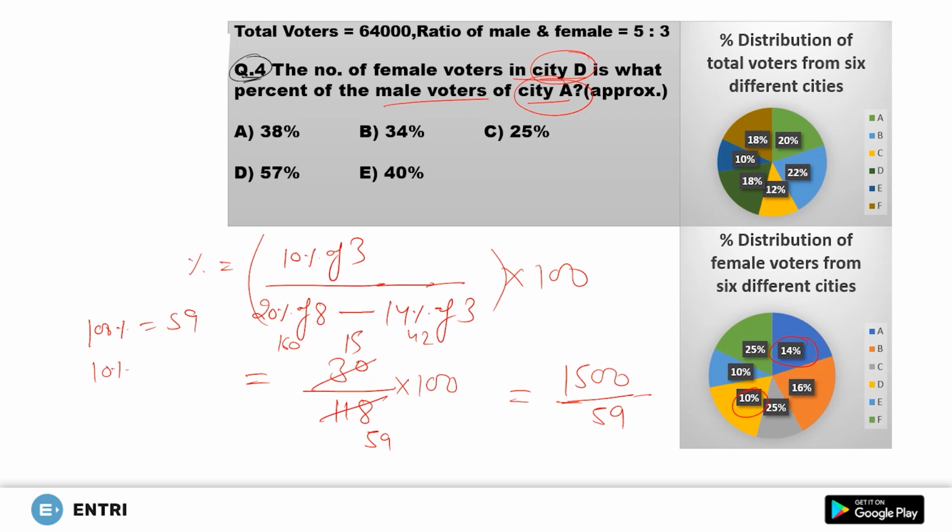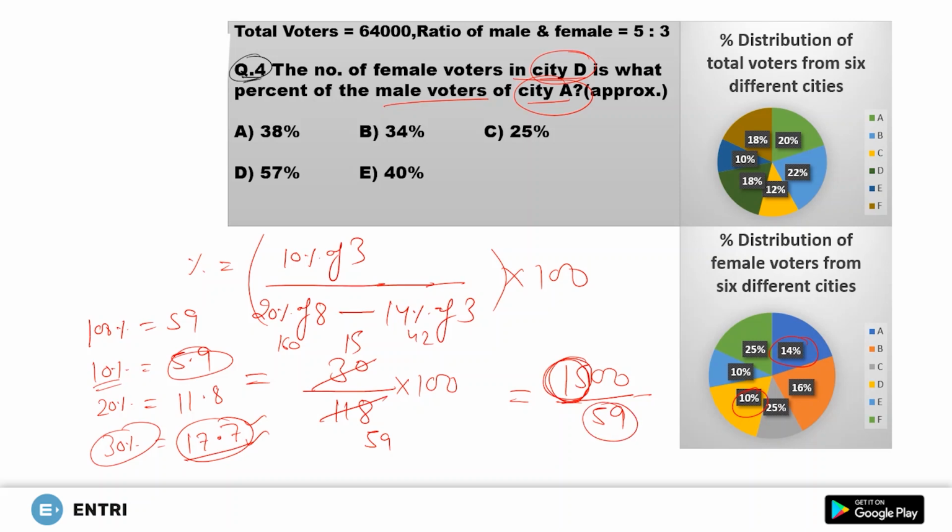Okay. So what will be 10%? So we'll say 10% will be 5.9, and I'll say what will be 20%? So we'll say 20% will be 11.8. Then I will say what is 30%? So we will say just multiply this, and this is 17.7. Okay. So if 10% is 5.9, 30% is 17.7, you just need to calculate about this 15. 15 is what percent of 59? So you can easily say